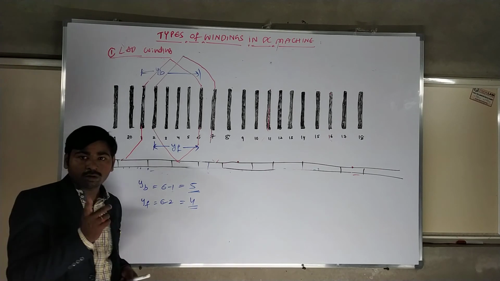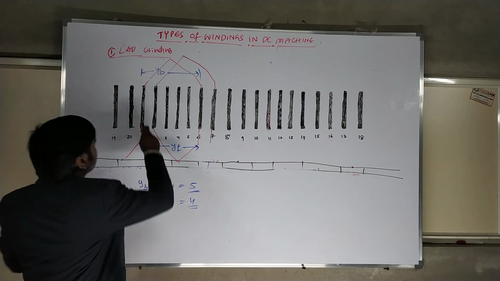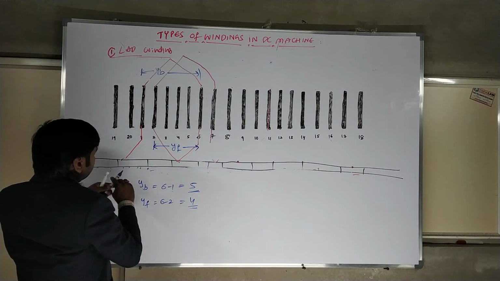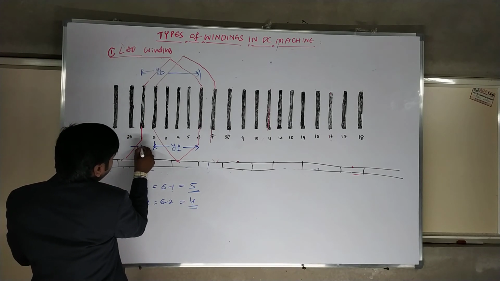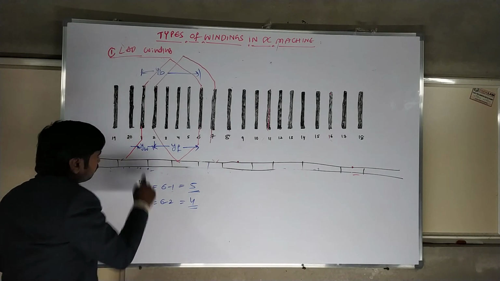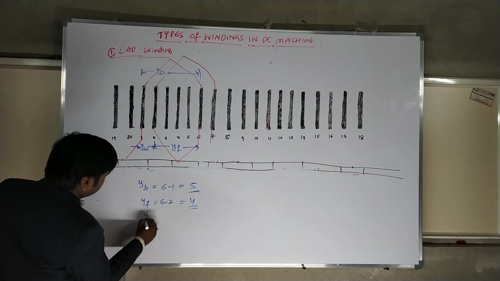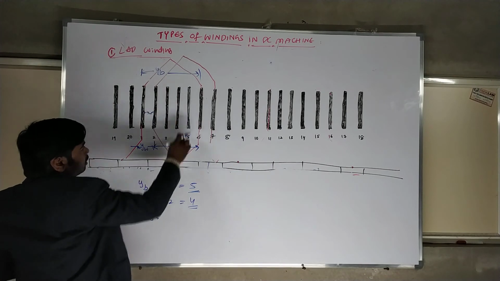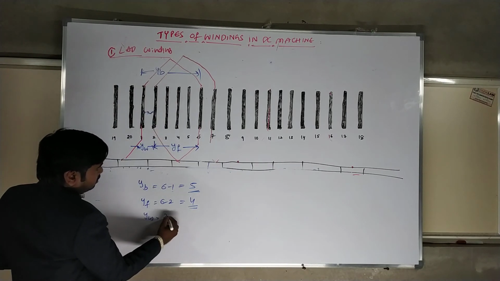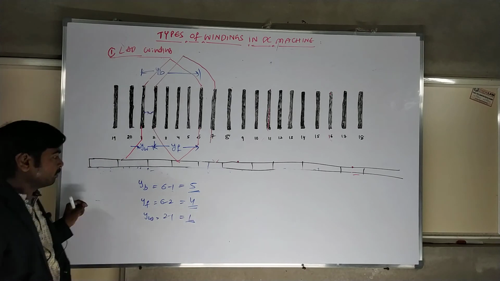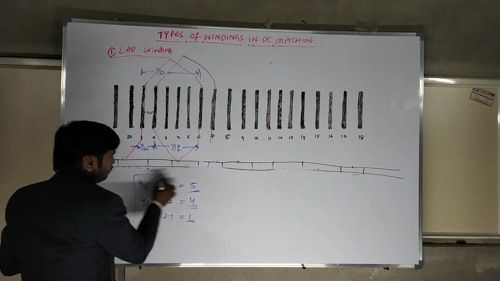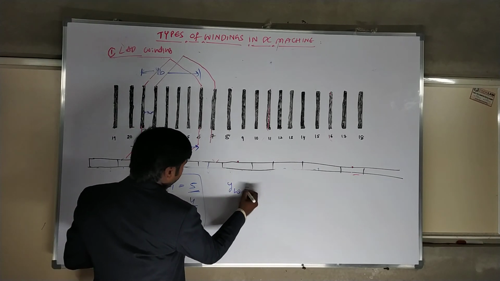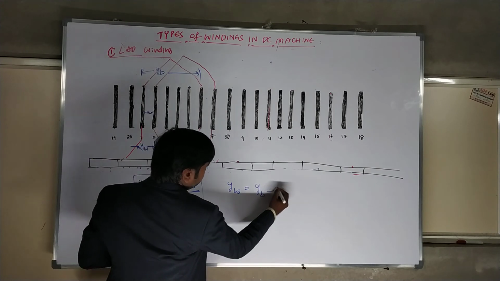Next, the winding pitch is nothing but the distance between the starting ends of two consecutive coils. This is the first coil, and the second coil starts over here. In between, how much distance is there? This distance is called the winding pitch. How much is it? 2 minus 1. This is called the winding pitch here. It's very clear. From this observation, I can write a relation to get the winding pitch. Can I write back pitch minus front pitch?